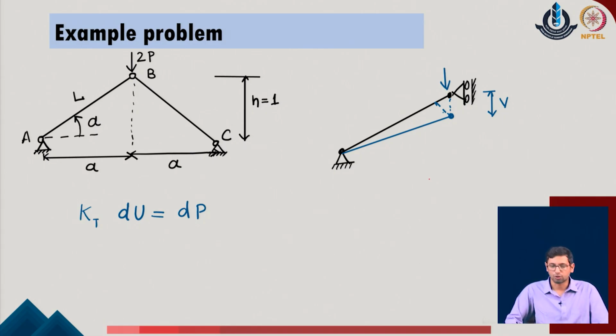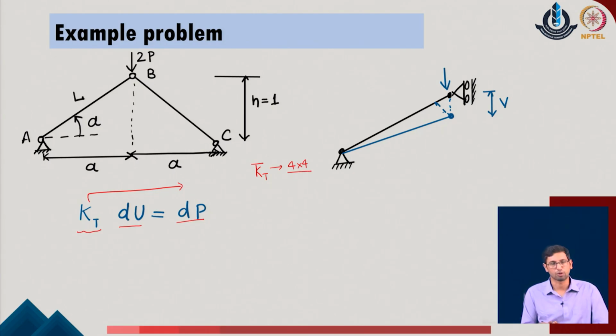Now in order to get the response of the system, we evaluated the standard equation, which is k_t d u bar equal to d p in the given problem. The k_t happens to be the tangent stiffness matrix which we have done in a general formulation, and we evaluated k_t in the local member coordinates of the given system, which appeared to be a 4 cross 4 stiffness matrix. From there we also got the procedure to convert the given member stiffness into the global stiffness values by the standard transformation rule, which will also give us a 4 cross 4 stiffness matrix of the given system.